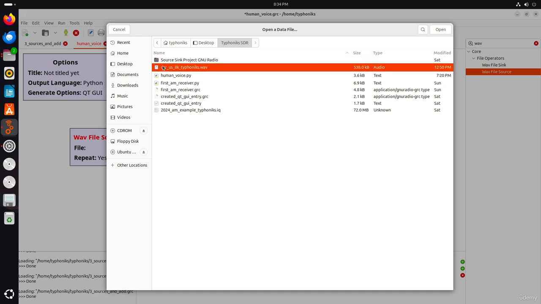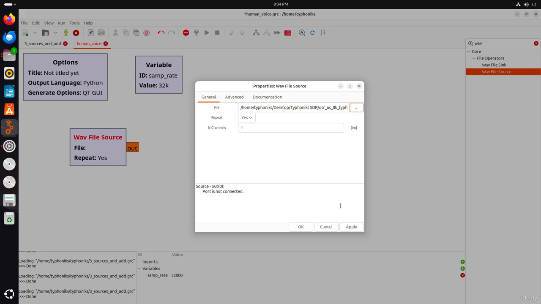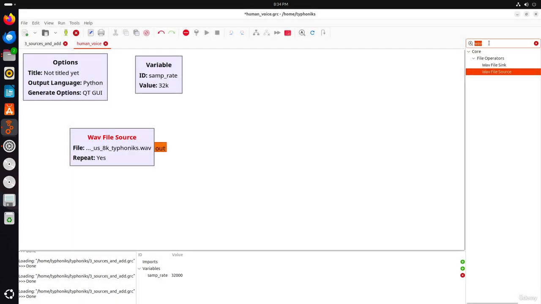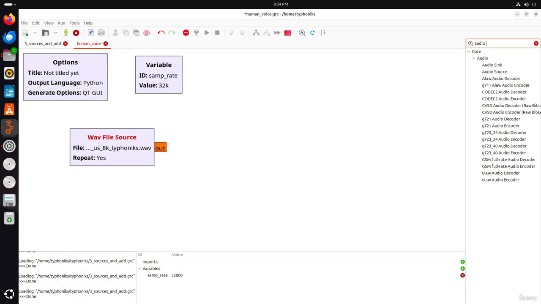And here OSR US 8k Typhoonix.wav file. It's a relatively small size, by the way. And here we are. Click OK, and we will also add